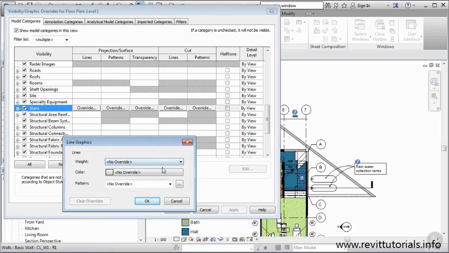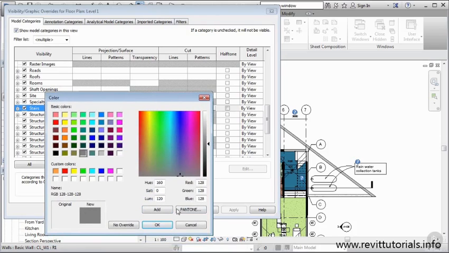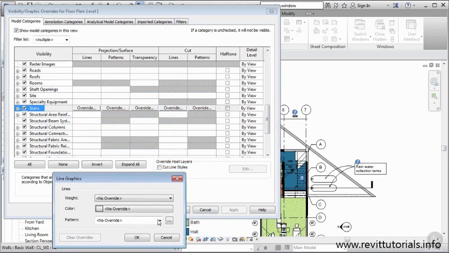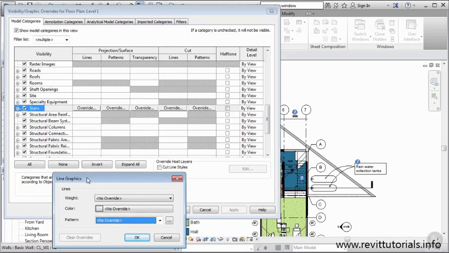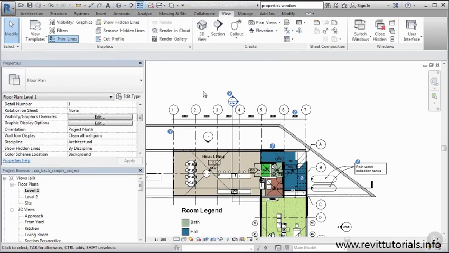I also have the ability to work with color. So I can click on this area here, and you can see we have swatches we can work with to pick color to represent our lines. Not only that, I also have the ability to work with patterns. So I can expand this out, and this looks familiar to us. We have the ability to work with solid lines, dashed lines, so on and so forth. So a lot of control over the visibility, over the documentation and the deliverables within our project. So I'm just going to click cancel, and I'm going to hit X to get out of this. And that takes care of our visibility and